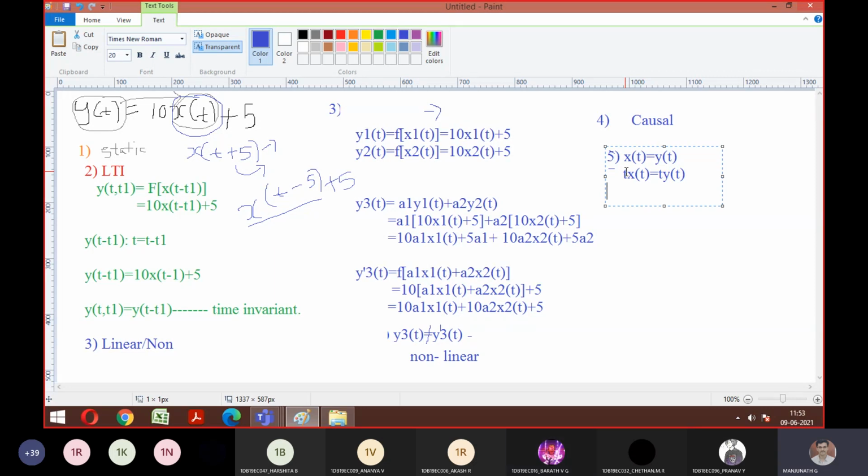Yes, sir. Assume that if x of t is what we have, and you get the condition as y of t equal to t into x of t, then is it bounded? No, sir. That is the meaning. I hope you understood the logic now. So according to this given question, this belongs to which category? Is your output bounded as long as your input is bounded? Yes, sir. So you can conclude the system is stable. So any doubts, anyone, on this property?